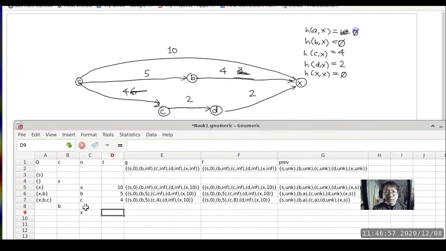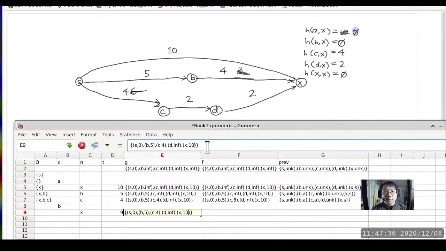So now we look at the t value. The t value is the g value of b plus the distance of the edge bx, which is basically just 5 plus 4, which is 9. So we look at 9 and we say, well, did we just find a shorter path from the starting point to the destination? The answer is yes, because the length of the currently known shortest path to the destination has a length of 10, and we just found a path with a length of 9. So we get into the then branch of the conditional statement, and we update the g value of x to be 9,